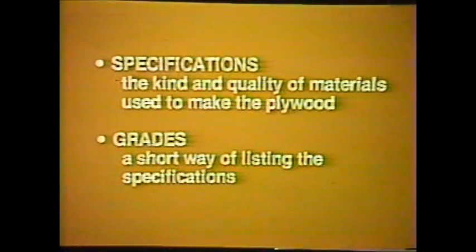All sheets of plywood have specifications and grades. The specifications are the kind and quality of materials used to make the plywood. Grades is just a short way of stating the specifications. Let's look at some of the things that make up the specifications. One specification is the plywood category. Two major categories of plywood are interior and exterior. Exterior plywood is made to be used